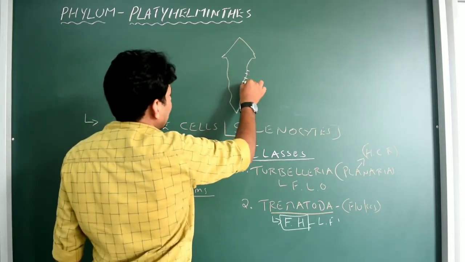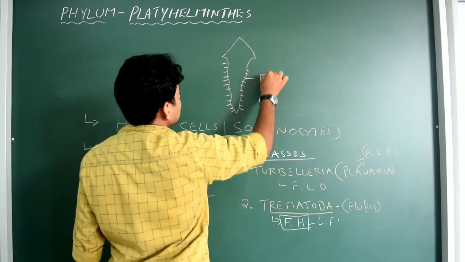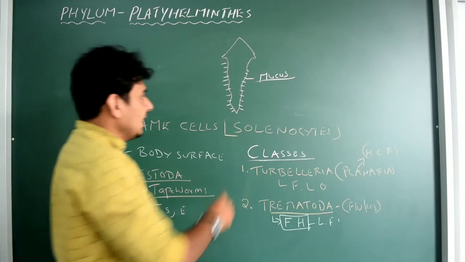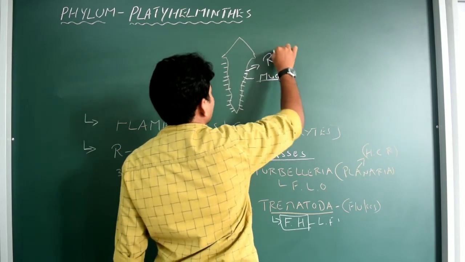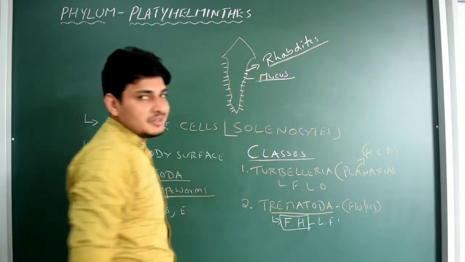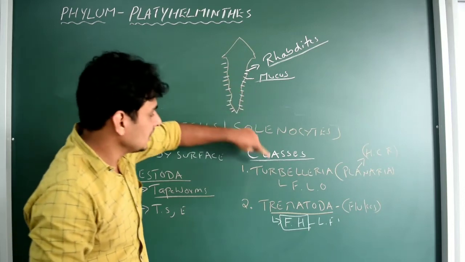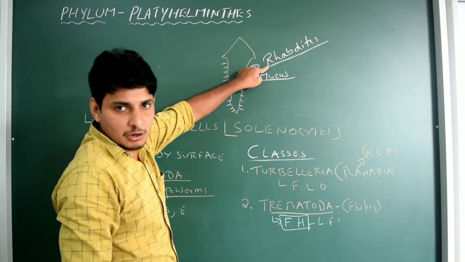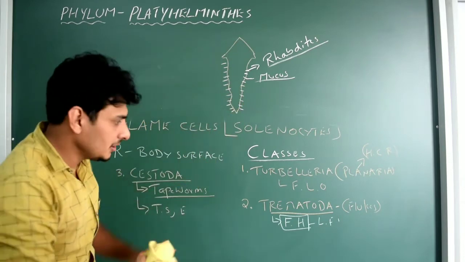And here the body mainly consists of ciliated surface like this, and they have the ability to secrete mucus. So if you touch the Planaria, they normally slip. Okay, and the mucus secreting cells present in the cilia are actually called rhabdites. You get this question, very important. Rhabdites is nothing but a type of cell present in the body wall of the Turbellaria, called rhabdites. Got it? They have the ability to secrete mucus. Done? Rhabdites, remember it.